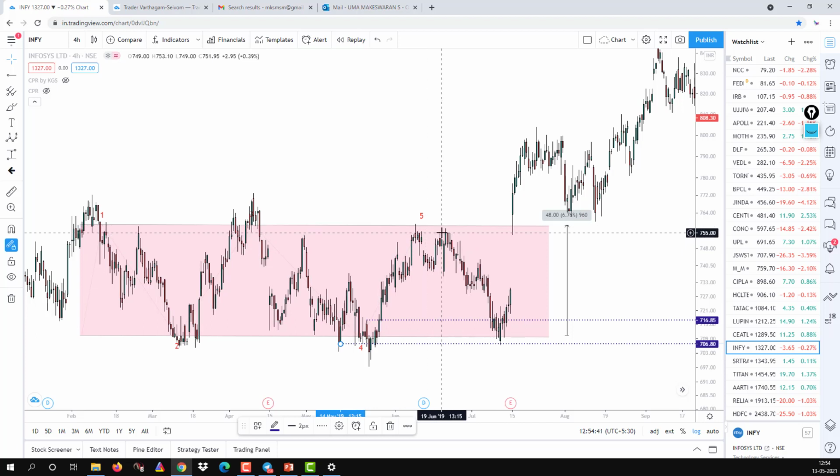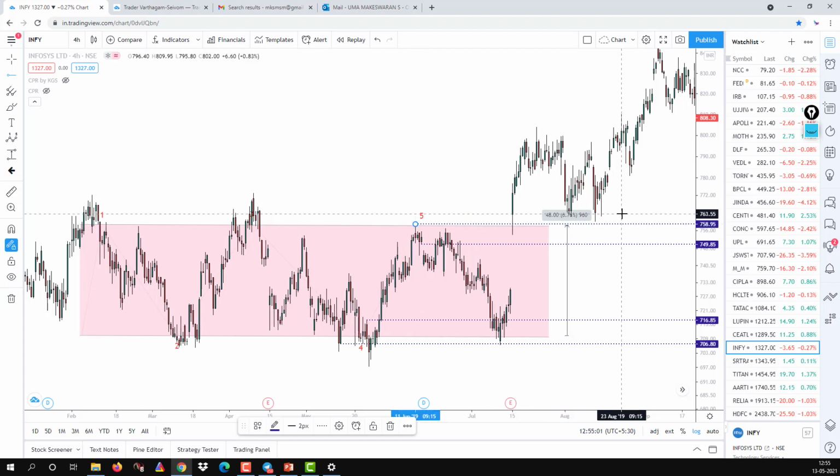For short, you can take the entry somewhere. You take the entry here, you can take the entry here, and your stop loss should be above the channel, and your target should be